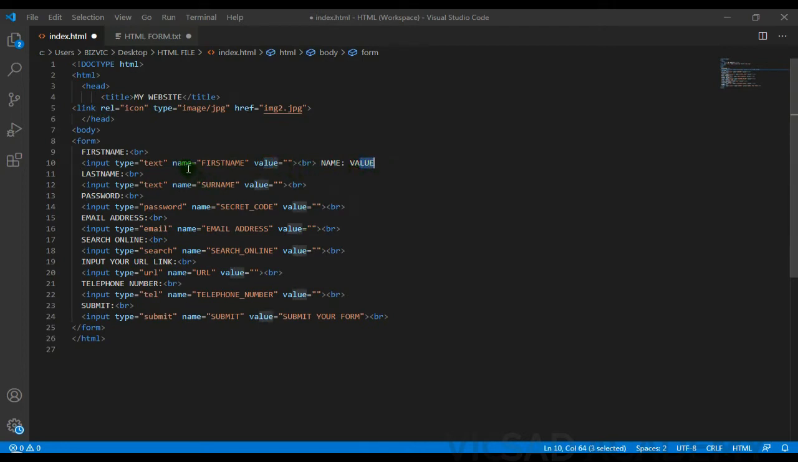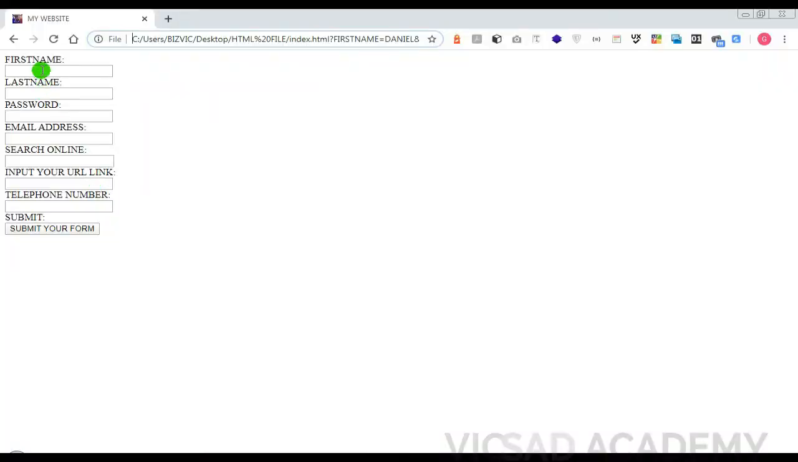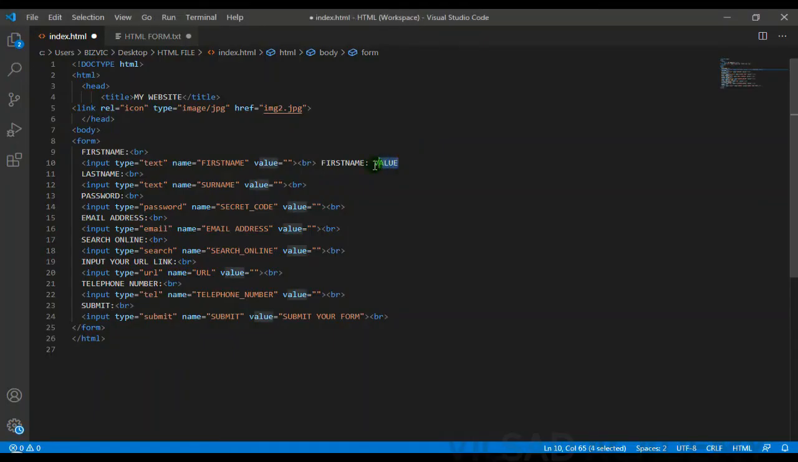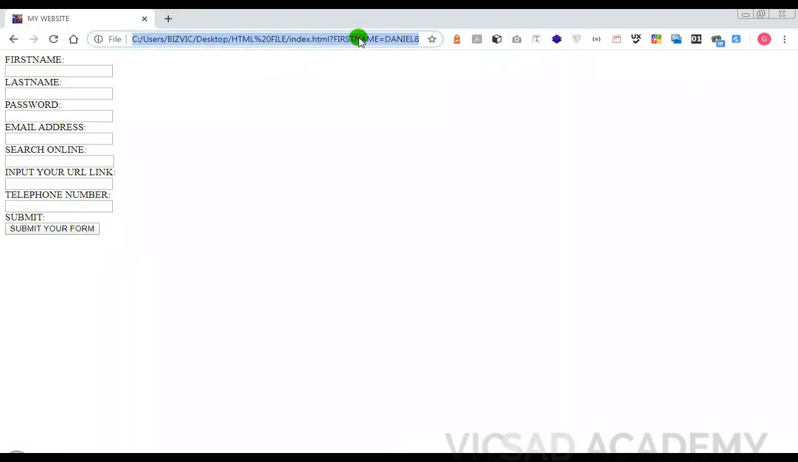So what's the value of the name attribute, which is now first name, and then the value of the value attribute we don't know, because it's only when the user inputs something. So let the user input something, Daniel. So let's submit it. The user inputs Daniel. So here it will become Daniel on the server and also on the link, and that is why you are seeing first name,